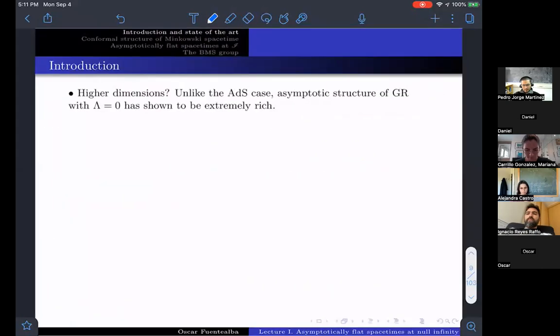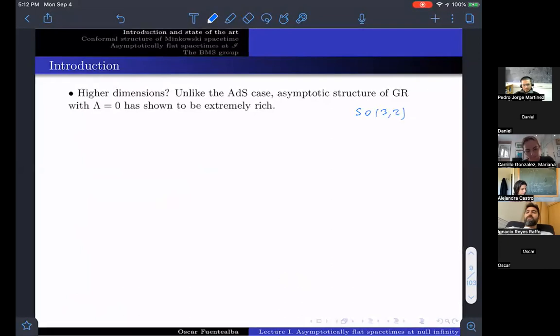Okay. But what's happening in higher dimensions? Well, unlike the flat case, the AdS case in 4 dimensions was shown by Henneaux and Troessaert in the 80s. The asymptotic structure in that case is just the AdS algebra, which is SO(3,2). It's finite dimensional, but